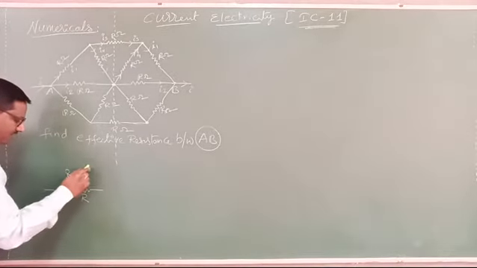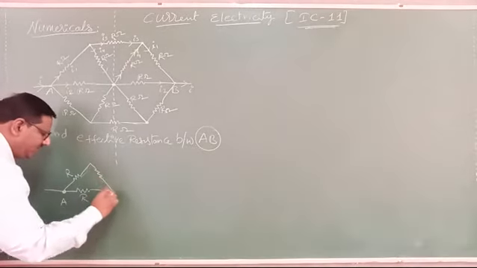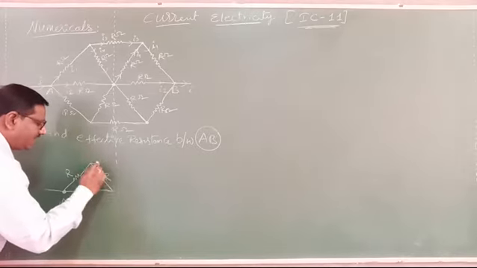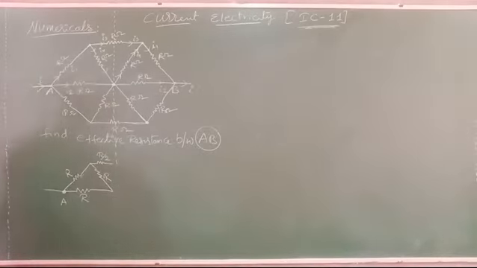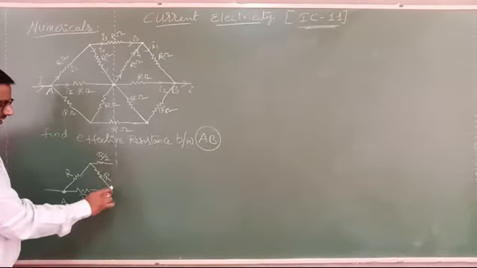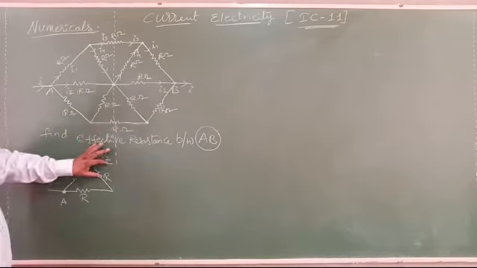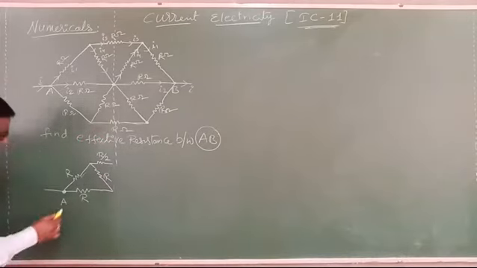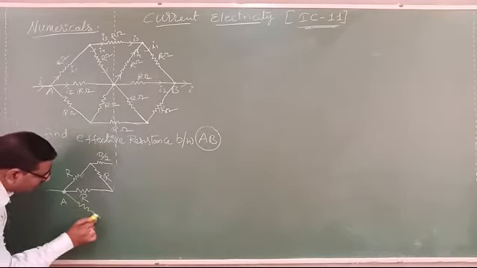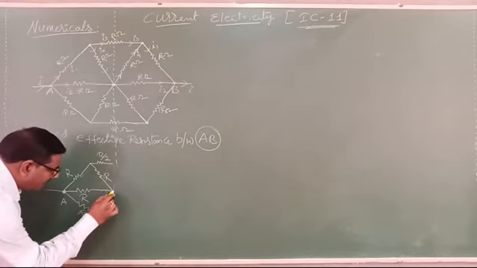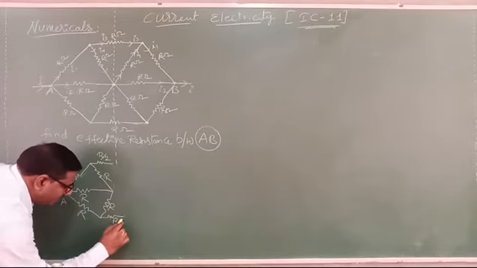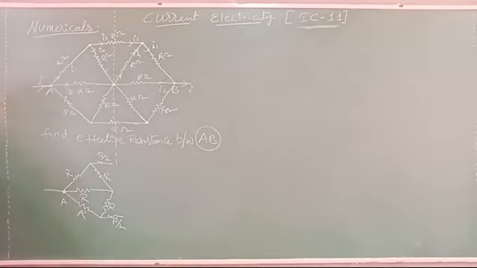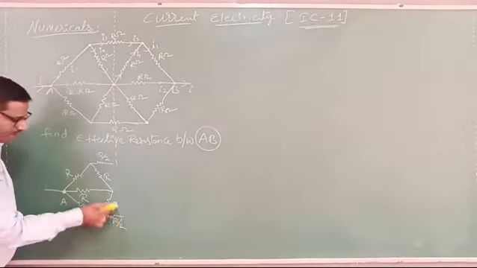At this point we have R ohm here, and when it is cut, that circuit becomes R by 2. Do you understand? Now this R by 2 comes here, and these two are parallel. Similarly, on the downside it is R, capital R, and when cut it will be R by 2. Do you understand? Now these two are parallel.